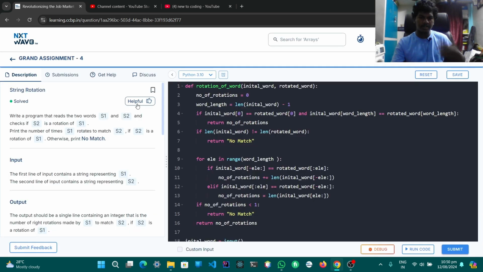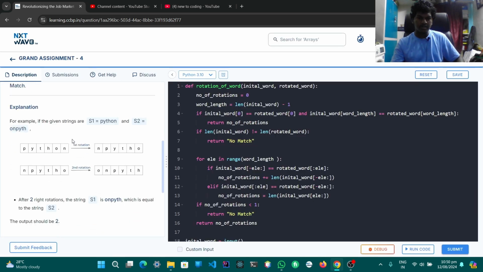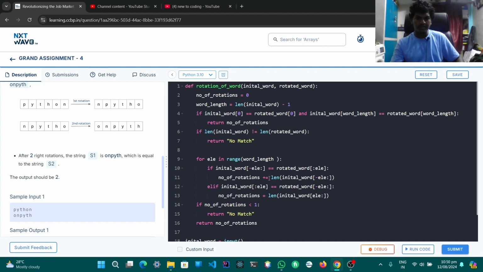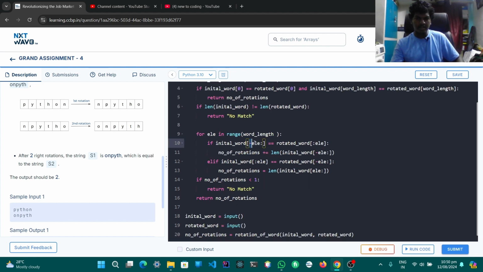String rotation, this one, using slicing operator. If it is present, then use the length of it, and else it is a forward case. Compare last to fourth to last, and start to last,